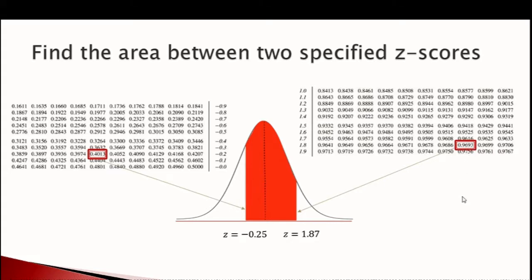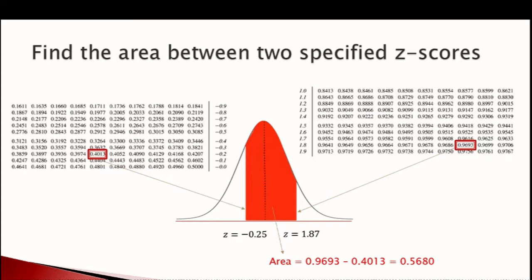0.9693. If you remember the diagram I showed you in the previous video, to find the area in the middle of two z-scores, I would use the area to the left of the rightmost z-score, in this case 1.87, and subtract the area to the left of the leftmost z-score, in this case negative 0.25. So the area in between would just be the difference between these two numbers, and that would turn out to be